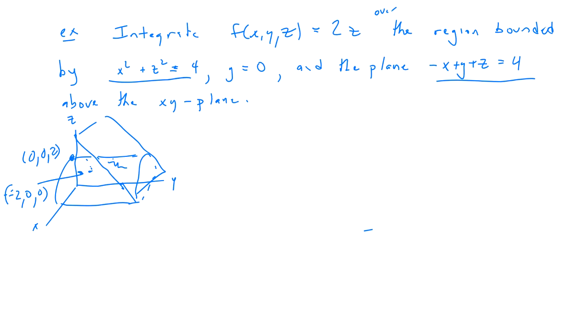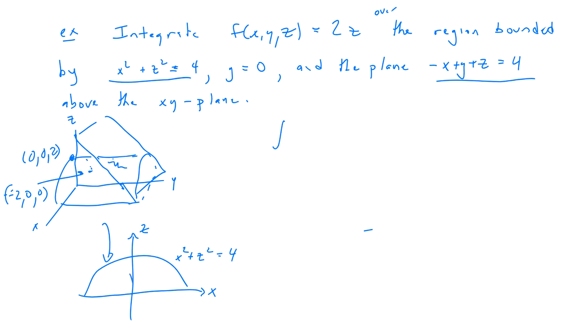So therefore, we're going to want to project into the XZ plane because I know what it's going to look like in the XZ plane, which is just that half of the circle. So if I project this into the XZ plane, I know it's going to look like that. So the idea is there's nothing special about projecting into the XY plane. You can do it whichever one you want. So when I put this together,